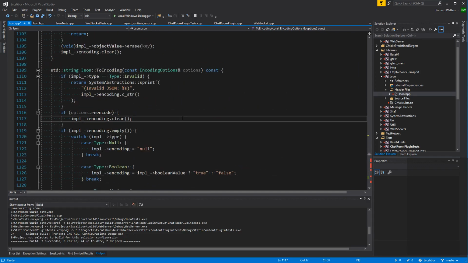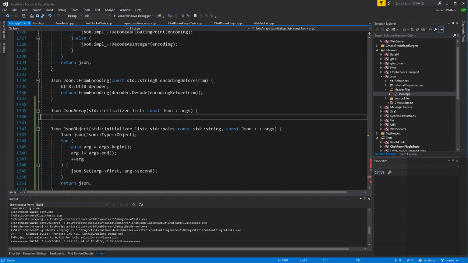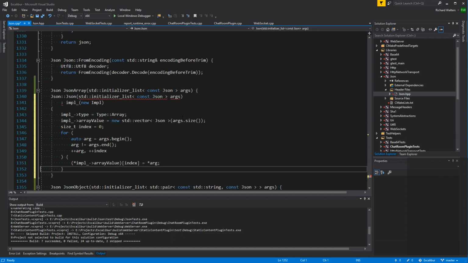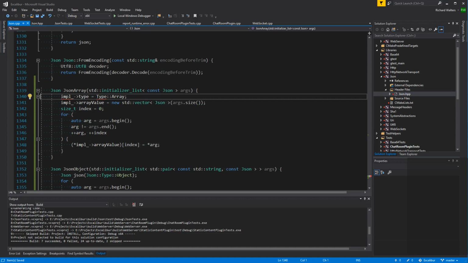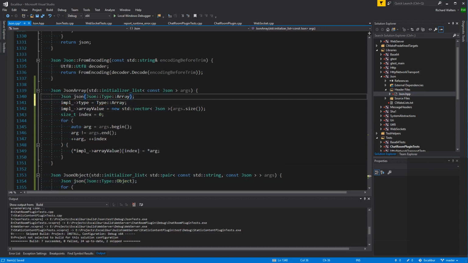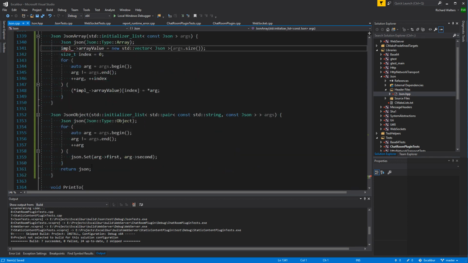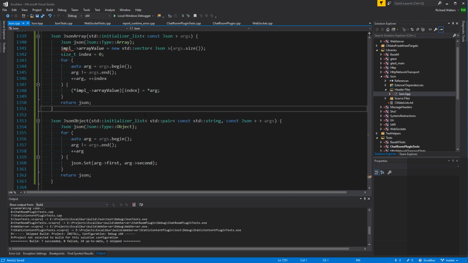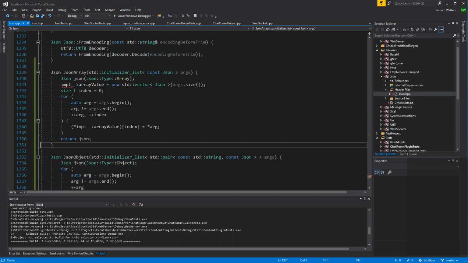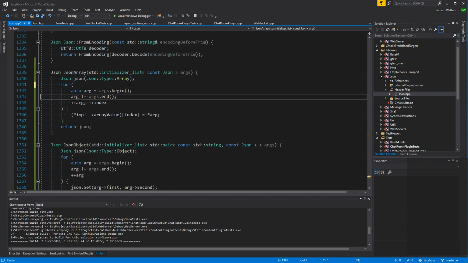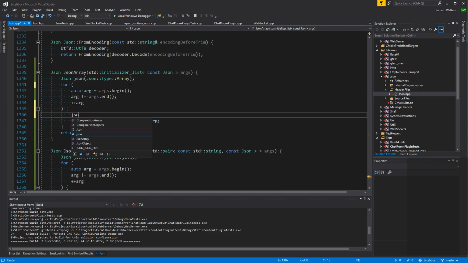So my IntelliSense is getting freaked out for some reason. Okay. So that becomes that. Instead of pre-allocating the size and doing this index stuff, I mean, it's a little bit more expensive, but I think we'll just do the add thing.